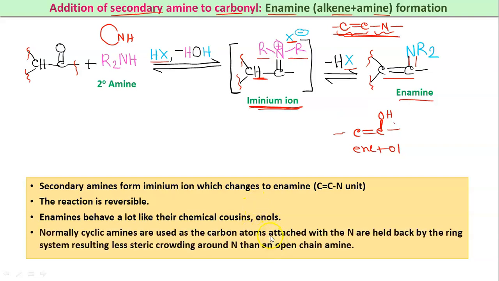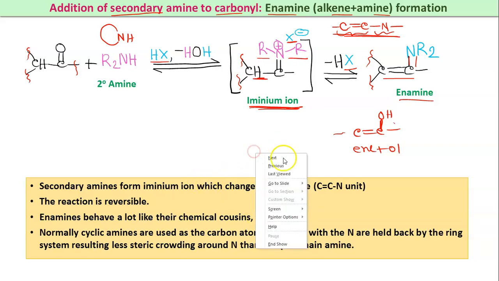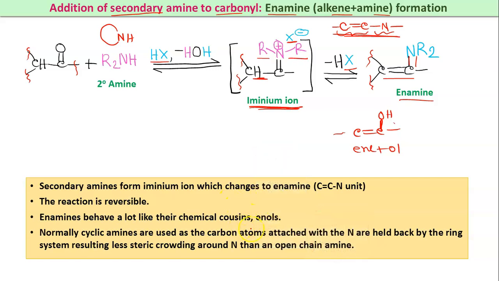And next, as I have said, cyclic amines are also used. Now cyclic amines are more favored compared to the open chain amine. Why is it so? Because when it is a cyclic structure, it is more compact in nature compared to the open chain structure, where we will have R groups like this. So these are spreading towards outside, but if it is cyclic, it is very compact in nature. So most of the examples that you will see in the books involve the cyclic amine, not the open chain amine.